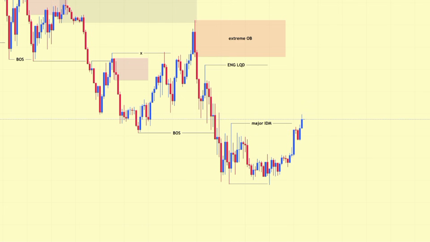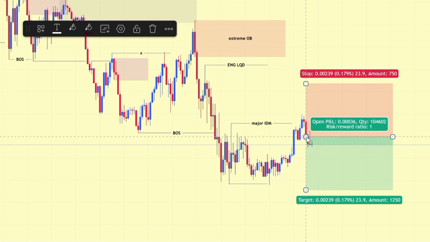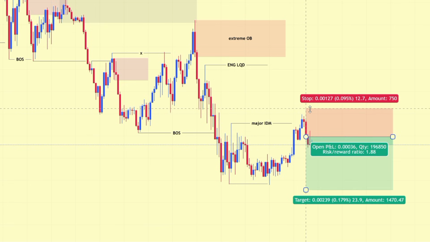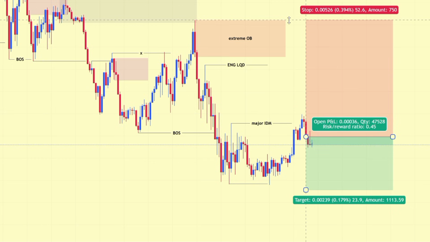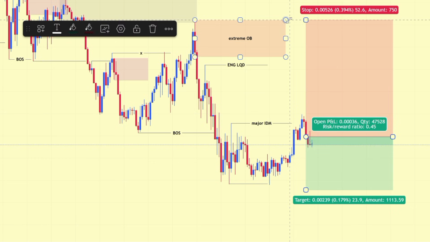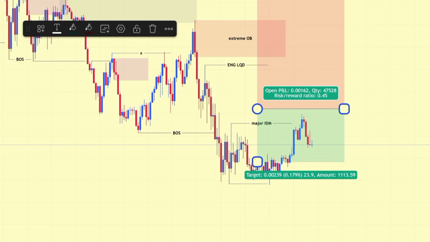And we can clearly see price is heading higher. Price has taken out the major inducement. Okay. And we can clearly see that reversal. So there would have been my entry. Stop loss, of course, if you place it there, that will be aggressive. So the conservative, of course, it will be there. That would have been the conservative because price can actually fail that major inducement. So, but anyway, the reason why I'm okay with placing the stop loss above that high